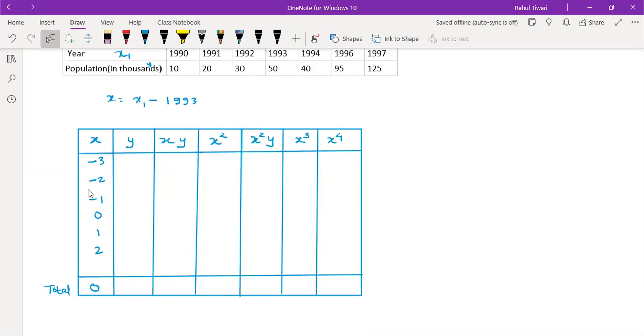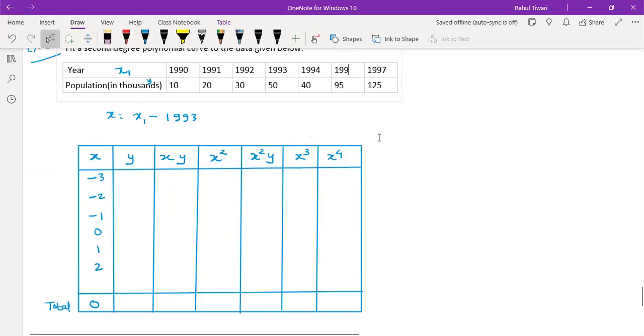It goes 93, 94, and then further, if you want you can take this as 95, that will become simple for you. So it is 1, 2, 3, it is going to be taken. Okay, so you can take 1, 2, 3, and we have already y data: 0, 20, 30, 50, 40, 95